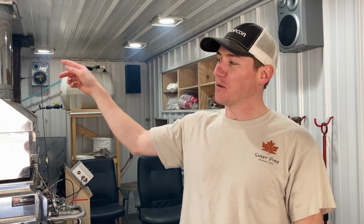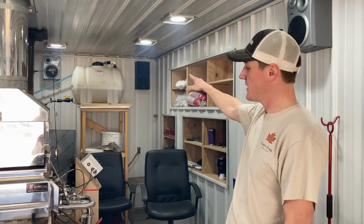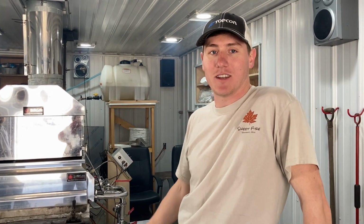It's fed down from the RO, down by gravity into a storage tank that's in the woods there. Fed then into this holding tank, and the holding tank feeds the evaporator. So this is the final stage of making syrup. We're taking it from like 12% sugar concentration up to 67% here, just by boiling it and removing the